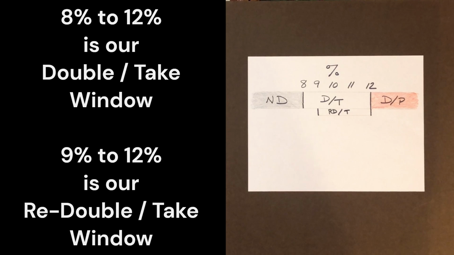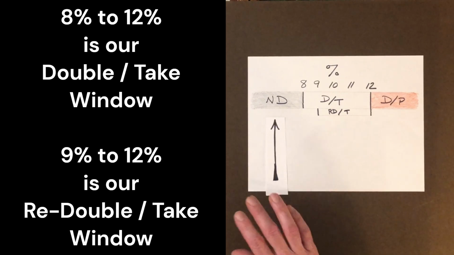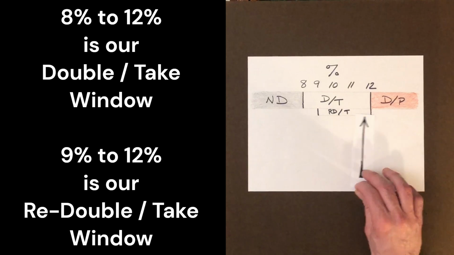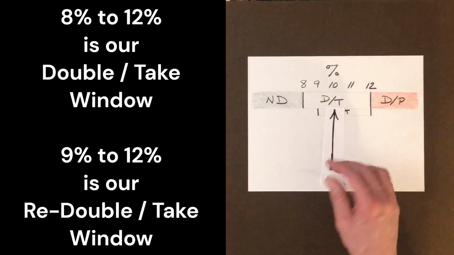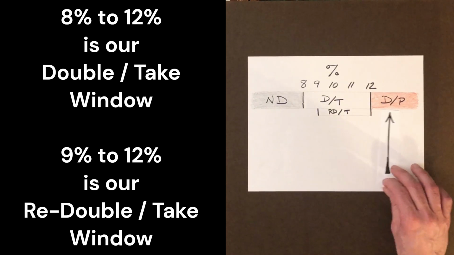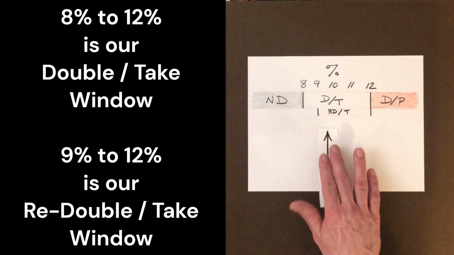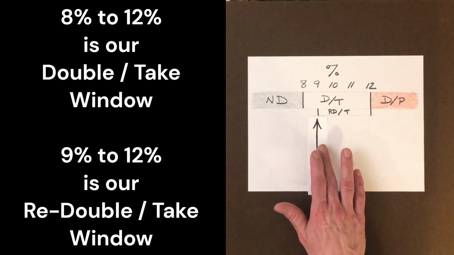The 8-9-12 rule states that our cubing window for cash games is an 8 to 12% race lead, and our recubing window is a 9 to 12% race lead. So what we're saying is, when we have a race lead less than 8%, it's not a double. When we have a race lead between 8 and 12%, it's a double take, and when that race lead is higher than 12%, we have a double pass,